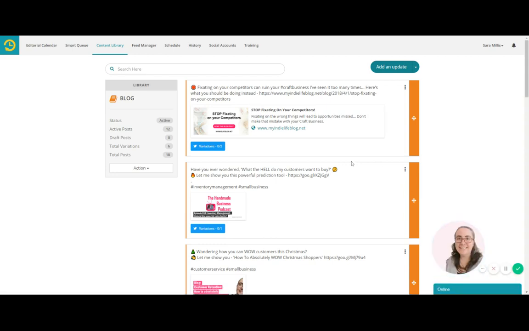Every time you see, if you're particularly posting to Twitter, if you see your variations go down to 0, that means that content will no longer be going out to your Twitter feed. So if you know that you want to have only 5 variations go out over your given period, then you can make sure that you have enough in there. If I just press edit on this one,